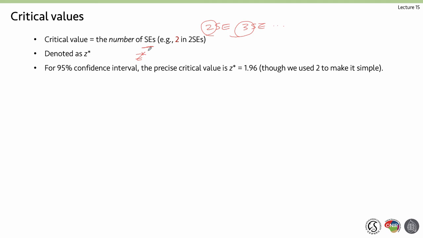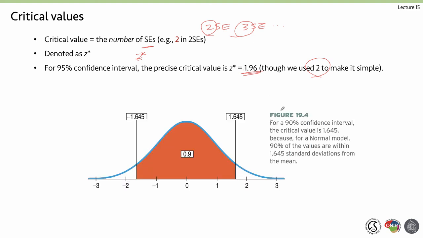For a 95% confidence interval, the precise critical value Z star is 1.96. Though we use 2 to make it simple, it actually is 1.96. And for a 90% confidence interval, the critical value is 1.645. This is really the Z value.